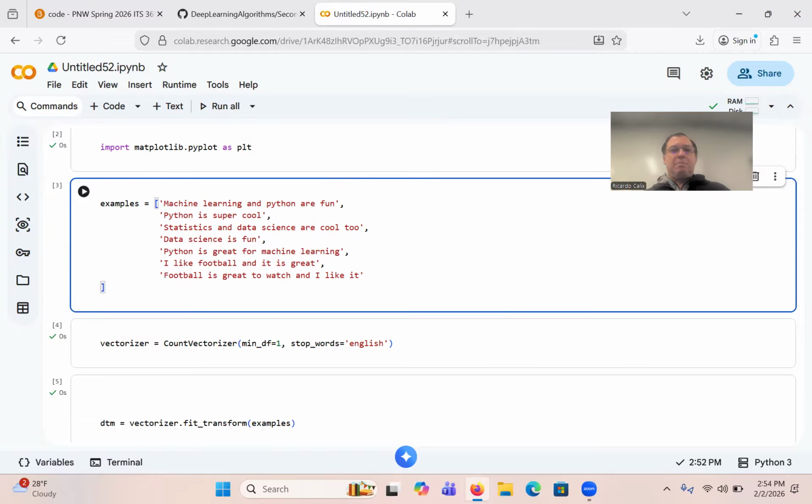So I'm modifying these. Then I have another one: Python is, but I've used great a lot. Have I used great? No, I haven't, right? All right, so let's leave great then. Python is great for machine learning. And I've only used machine learning once. Do you see that? And then the other ones, I like football, and it is,